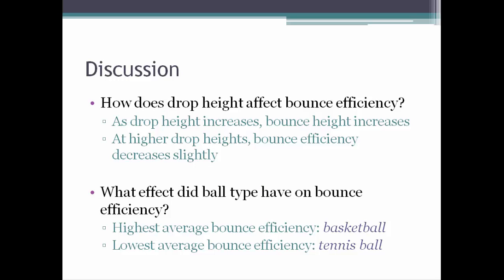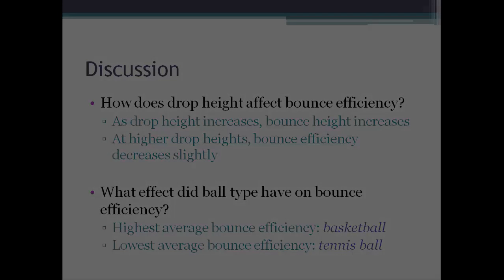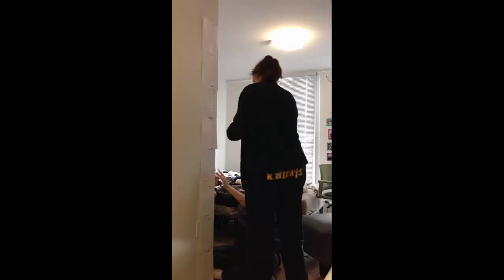Overall, we found that as drop height increases, bounce height also increases. However, bounce height efficiency seemed to drop slightly as drop height increased. In terms of the effect of ball type on efficiency, we found that the ping pong ball had the highest bounce efficiency at 1 meter, while the basketball had the highest bounce efficiency at both 1.5 meters and 2 meters. That being said, on average, the basketball had the highest bounce efficiency at 0.616, and the tennis ball had the lowest bounce efficiency at 0.5